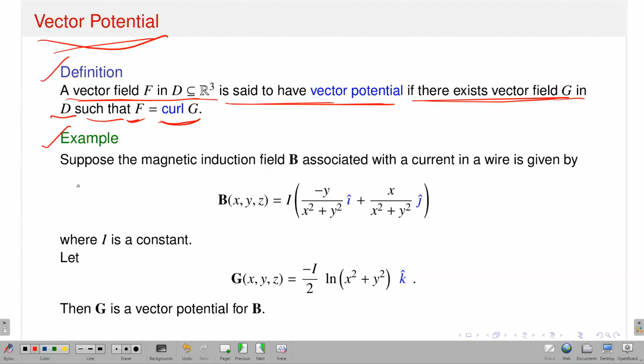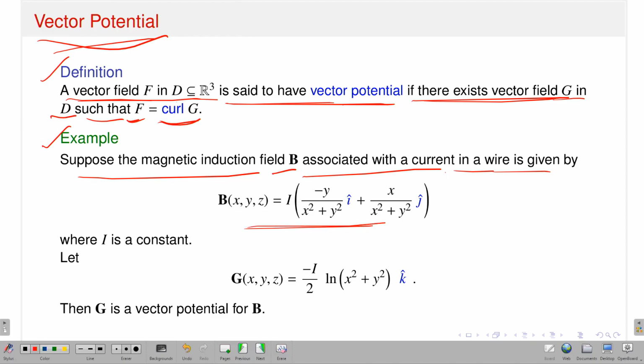If this is the case, then I will say that my vector field capital F is said to have the vector potential. One example: suppose the magnetic induction field capital B associated with a current in a wire is given by this. Suppose you have a magnetic induction field capital B, which is associated with a current in a wire, and